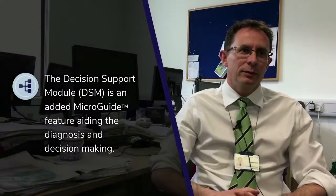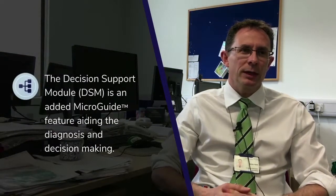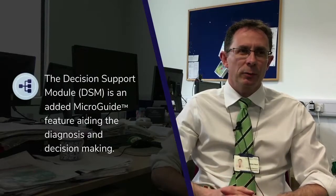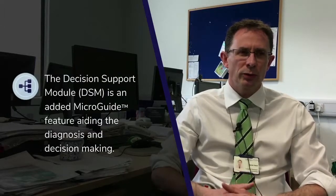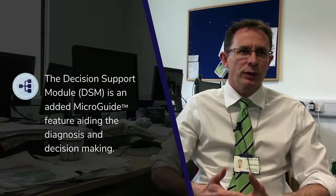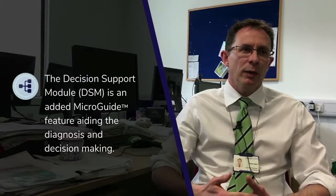We developed the decision support module prototype here in Southampton, and we were very keen to try and help doctors deal with the multitude of decisions that have to be made when choosing the best antibiotic treatment for a patient. So what the decision support module does is it presents the doctor with a single screen once they've selected an infection, if they've made a diagnosis, and then it asks them a series of